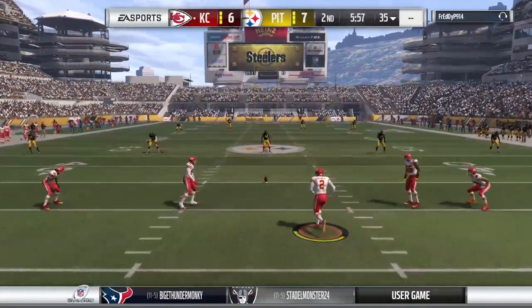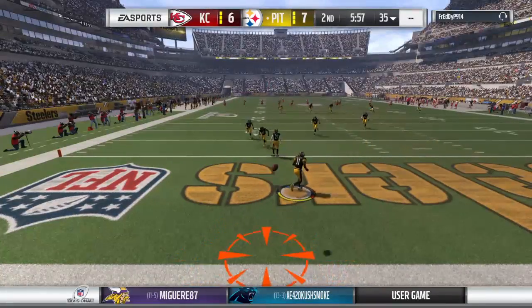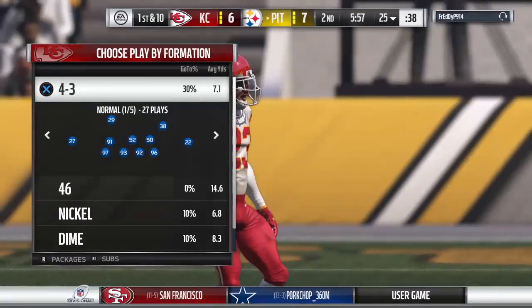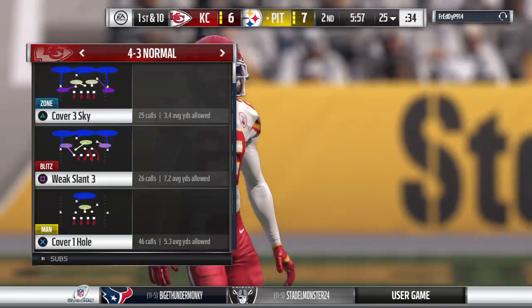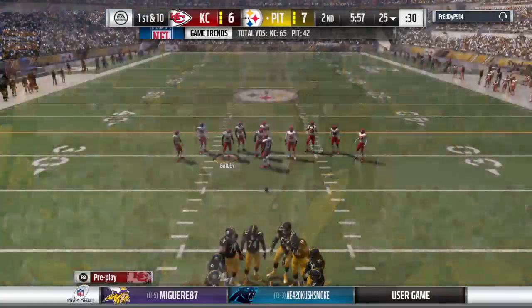Here's the Chiefs kickoff unit now as they'll send this one away. And they will not get a chance to return this one as it's through the end zone for a touchback. And Pittsburgh getting set to take the field. And that recipe on their last drive that resulted in a touchdown looked pretty good, so they'll be hoping to